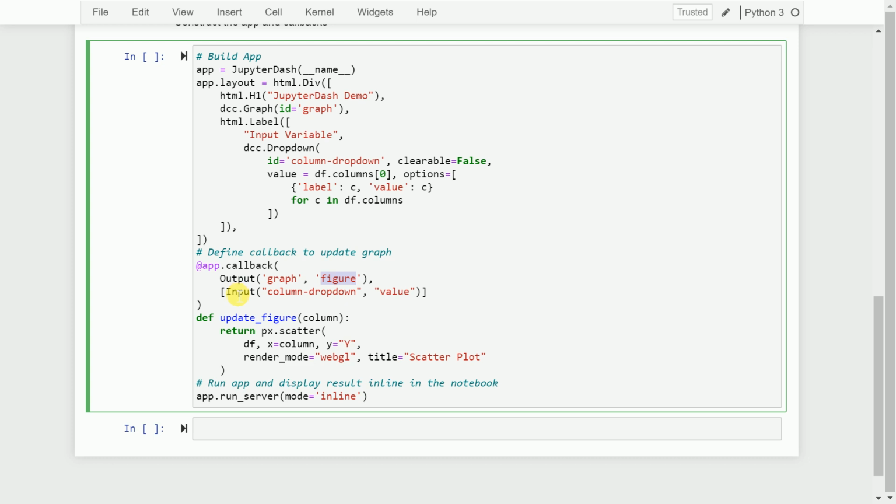In this example, I have just one input, so I'm not maneuvering a lot of things. I have my input as column dropdown, which is nothing else but this dropdown list, and along with the dropdown that I'm specifying, the input value is something that is captured from this key value pair. So again I repeat, this part of the code is just defining my input and output to the web application. Let's proceed forward.